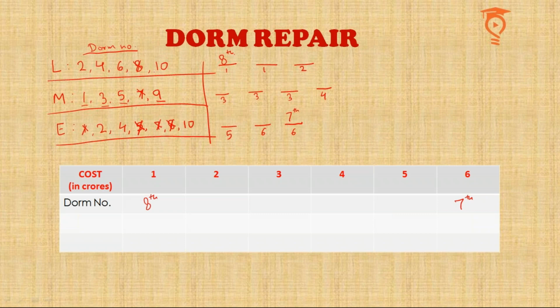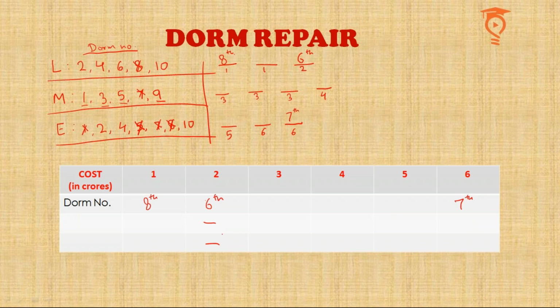2 of these are going to get extensive repair, and among 2, 4, 6, and 10, 2 of these are going to get light repairs. Now if we see, 2, 4, and 10 are present in the light as well as in extensive, but 6 is not present anywhere else. Which implies that 6 has to get a light repair. Now whether DOM number 6 is going to get a 1 crore repair or a 2 crore repair, we know that since DOM number 8 is already getting a 1 crore repair, DOM number 6 must get a 2 crore repair. I'm writing this with suffixes 'th' because we should not get confused between the DOM number and the amount.